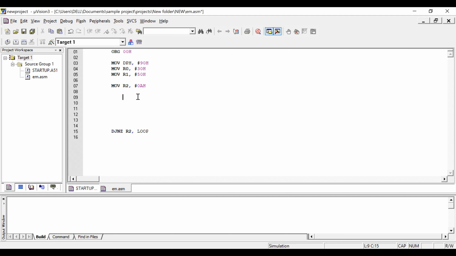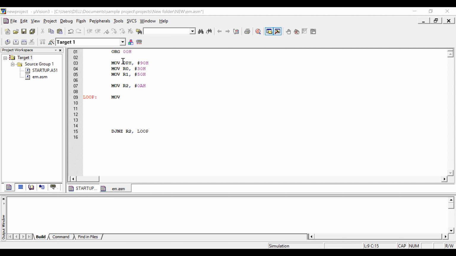Iteration is the label, where my program is going to loop for 10 times. In my program, first of all I want DPTR to be 9030.